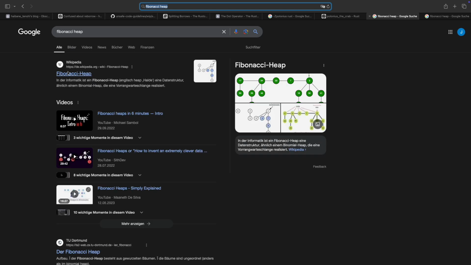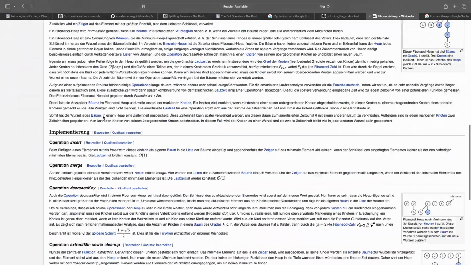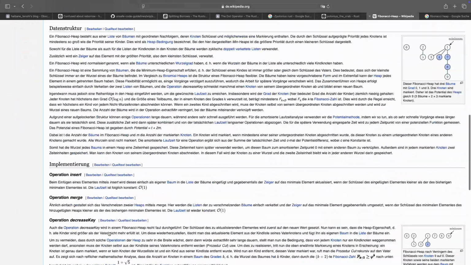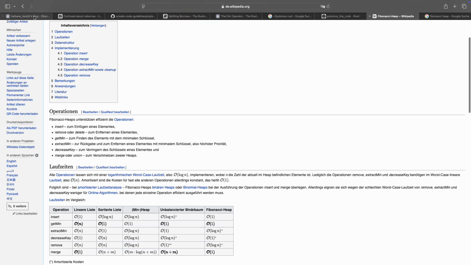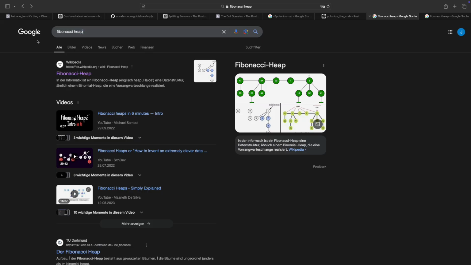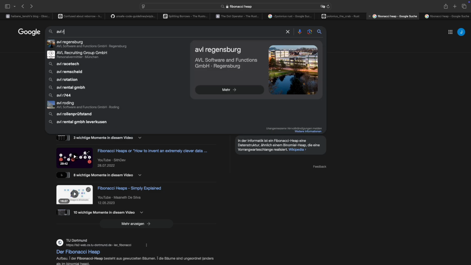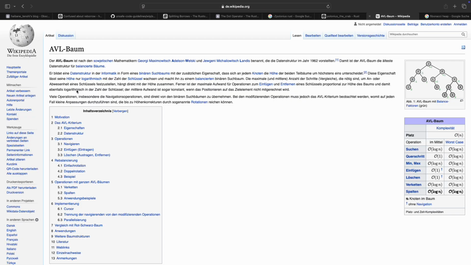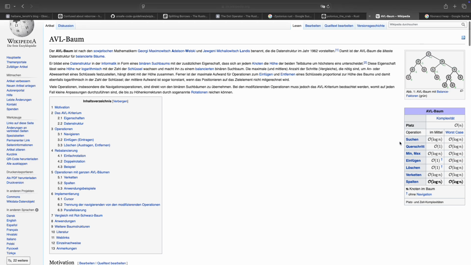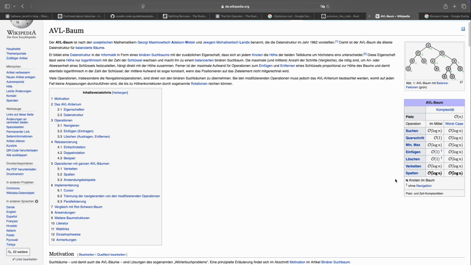The Fibonacci heap, right? This is where I want to go eventually, to the Fibonacci heap. And once we have the Fibonacci heap, I think a good next step would be the AVL tree, mostly because AVL trees are self-balancing trees, and they have the added benefit, as I said, that